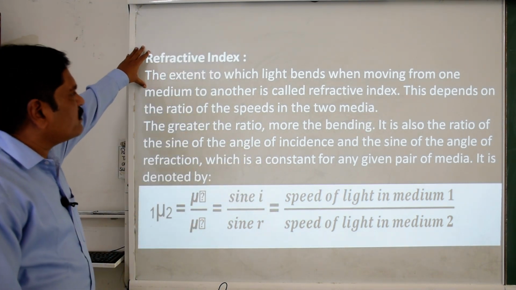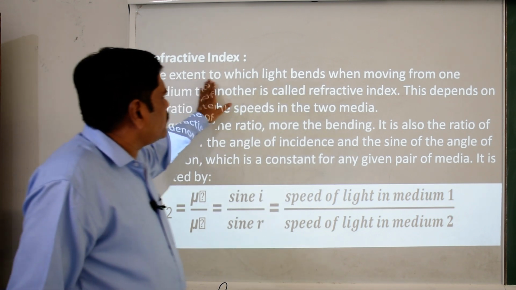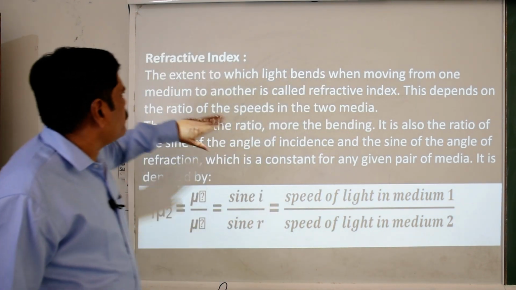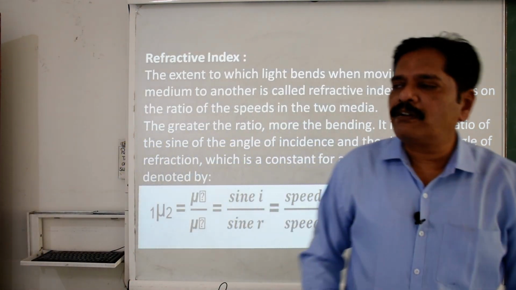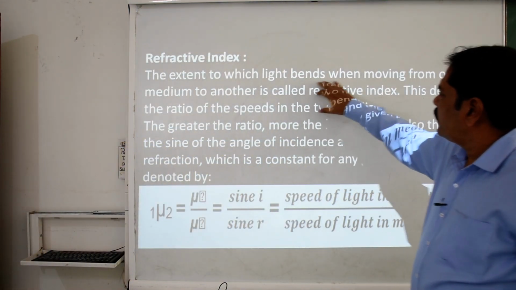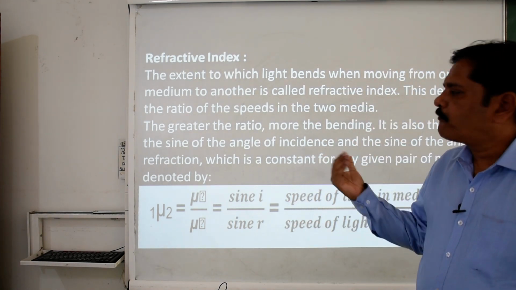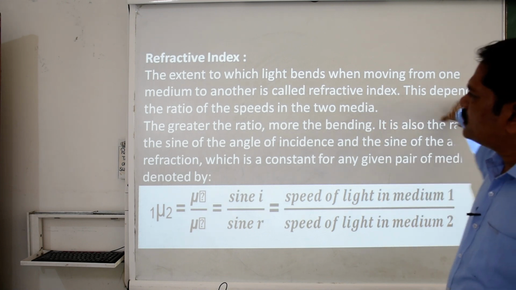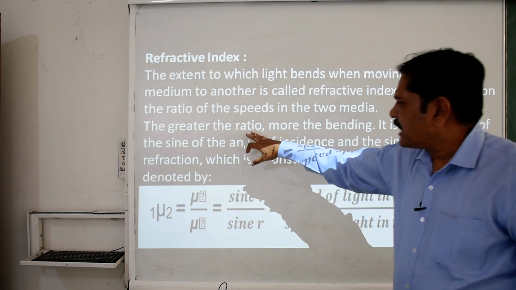Now here we are going to discuss the refractive index. One more important feature: the extent to which light bends when moving from one medium to another is called the refractive index. So what is the refractive index? It is the ratio between the angles of the two media. Clear? This depends on the ratio of the speed of light in the two media. Clear? The greater the ratio,